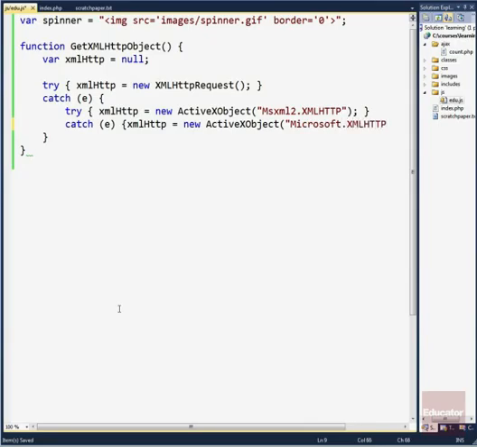So as you notice, I'm doing some extra stuff for Microsoft browsers. Oh, I love Microsoft browsers so much. Then we have to return it so that we can actually use this object that we have now created. All right, that's pretty much the generic stuff. Now, having done that, we're going to do